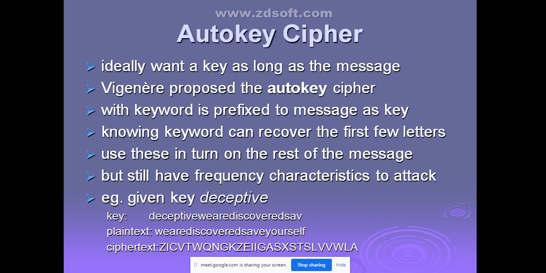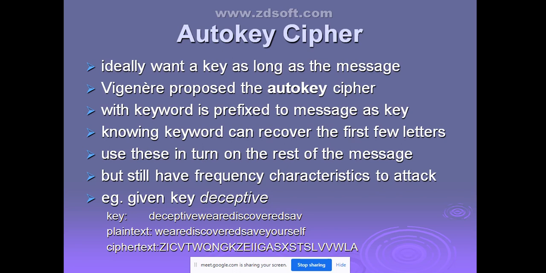Guys, according to the example, we have used the keyword repeatedly. We have written the keyword repeatedly to make it the same length as the plain text to get the cipher text. Because of that, we are getting the same letters repeating in the cipher text, because the key is repeated. So the cryptanalyst will get to know the plain text by attacking this particular cipher text. Yes or no?